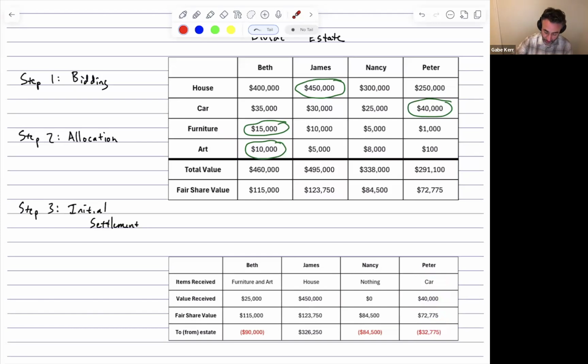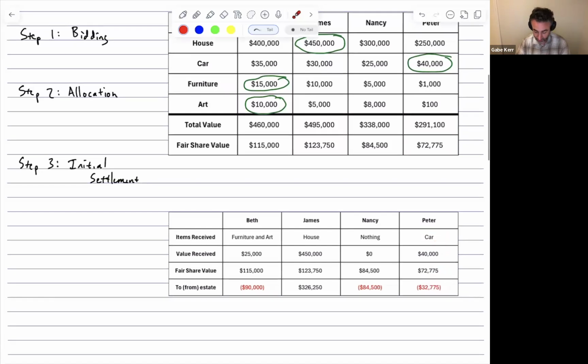And we take a look at what happens here. So now we're going to flip it and consider what the estate is going through. What happens with the estate? So in this step, we're going to divide the surplus, but we'll also calculate it. So if we imagine what happened here, the estate received from James